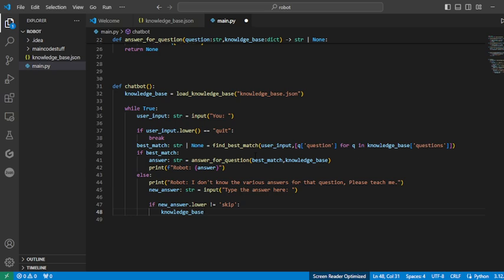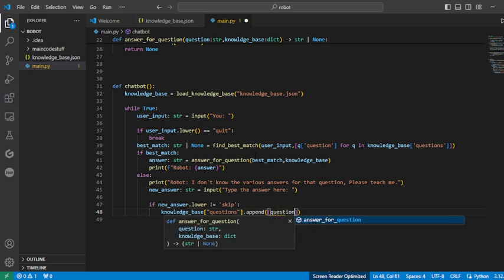So first we are going to be putting the knowledge base with questions, then after that dot append. Then we're going to be doing a dot append tuple. So we're going to be putting in tuple, curly brackets, question. Question will be the user